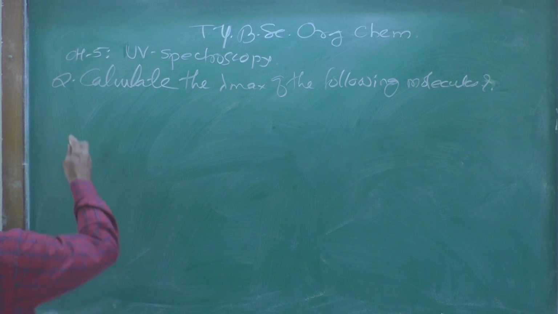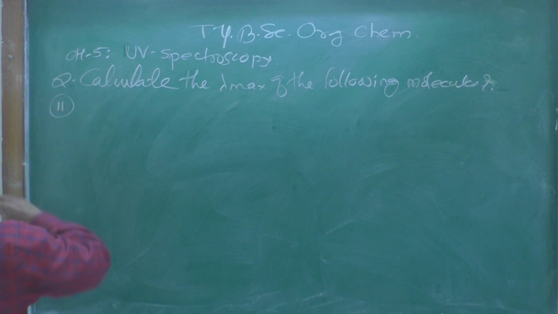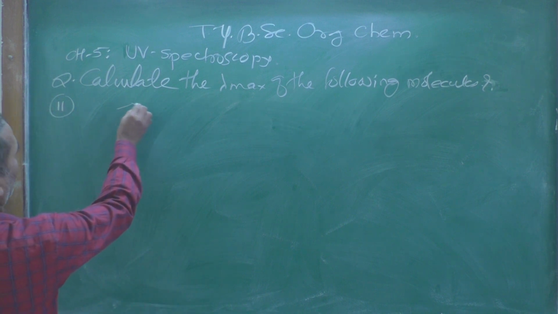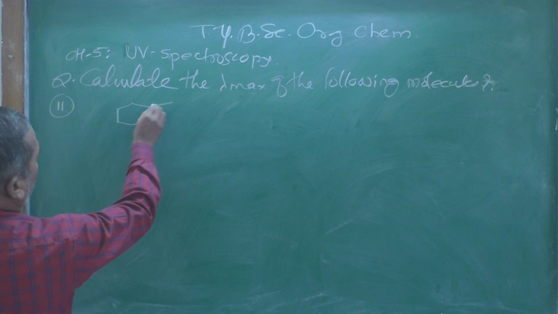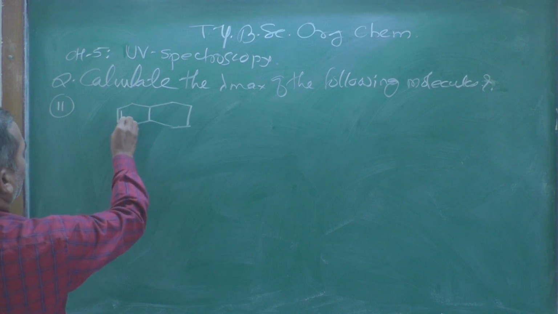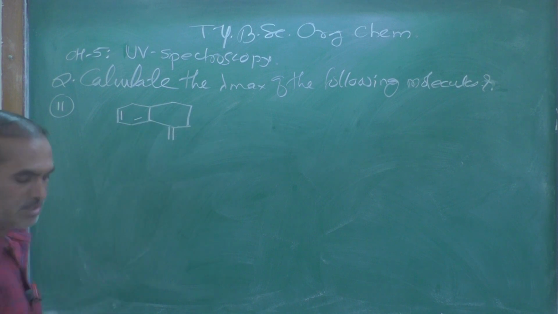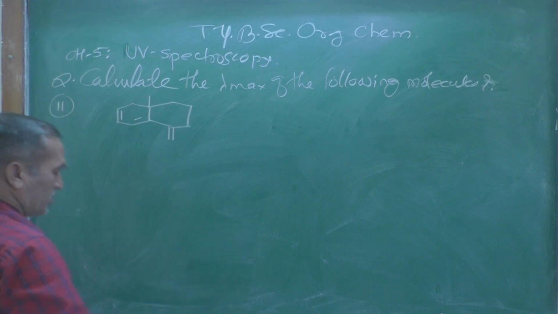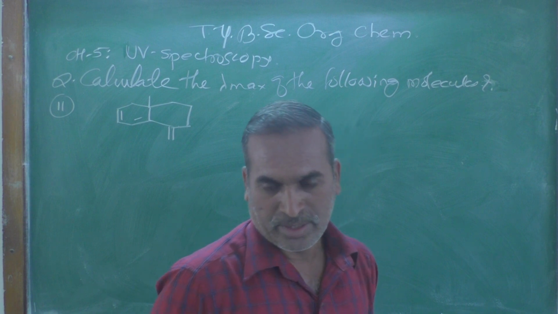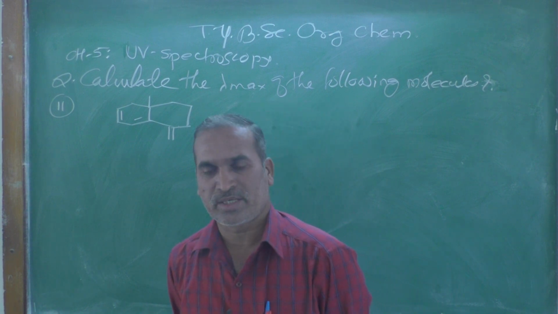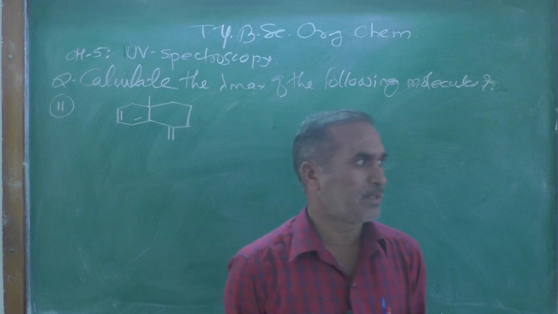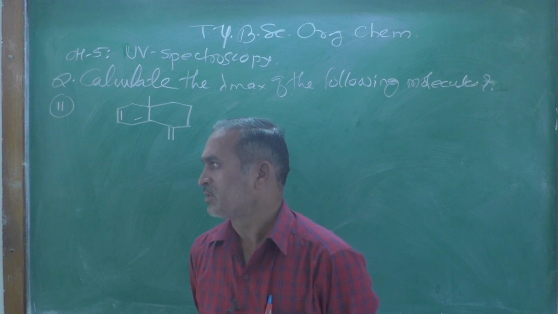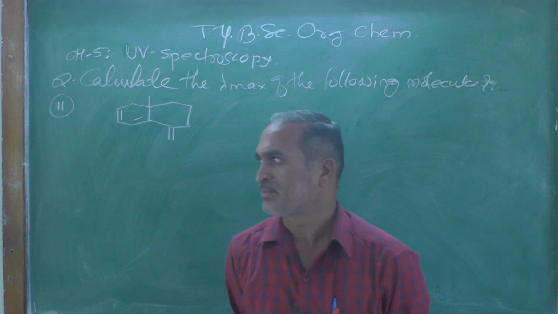Let's begin with problem number 11, I think so. Let's see what the structure will be. Suppose we have this kind of structure, and one methyl group is added over here. Now, as we know, while solving such a type of problem, what are the requirements,